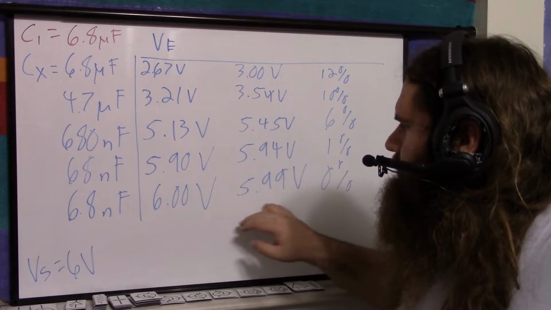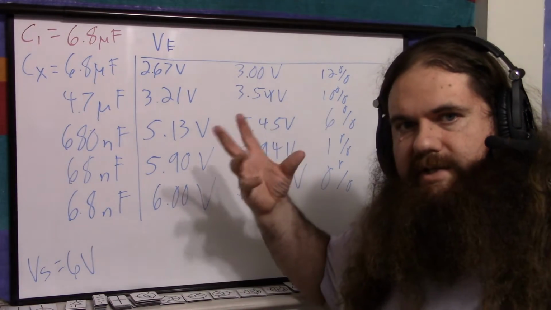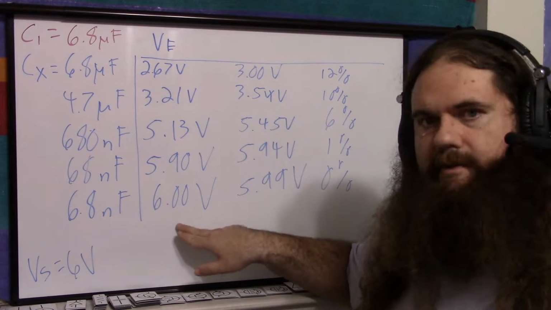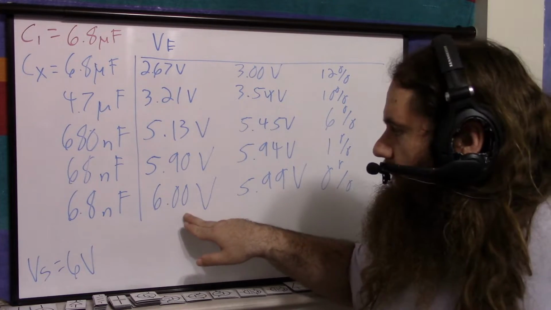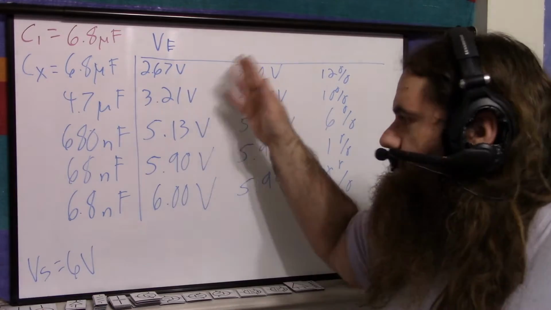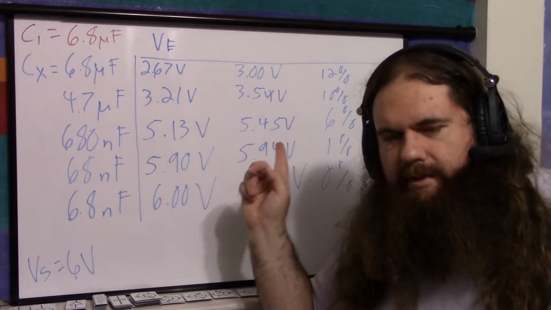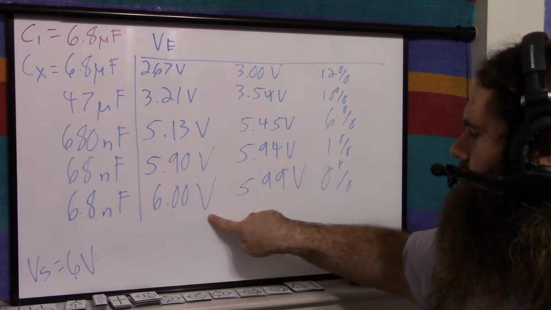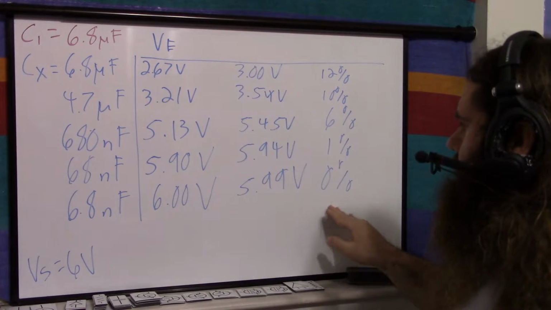I have to compare roughly the same magnitude of error on both of these, otherwise I'm just inventing, because if I take this to 7, 8, 9 decimal places, then I'm just inventing accuracy over here. I haven't measured zeros. I can add zeros, but I haven't measured them, so, you know, this is rounded off. This is my multimeter rounding, so I need to round similarly. So that's why the error is going down, because all of the detail is being obliterated by the rounding,